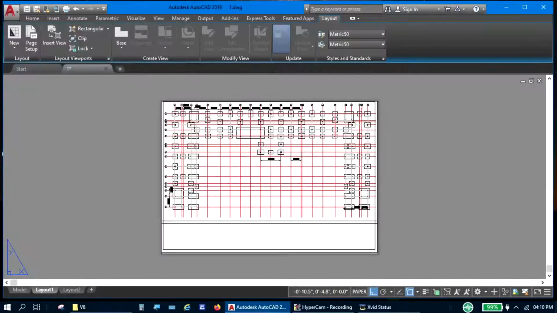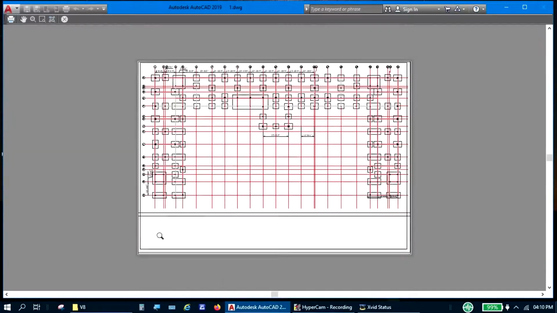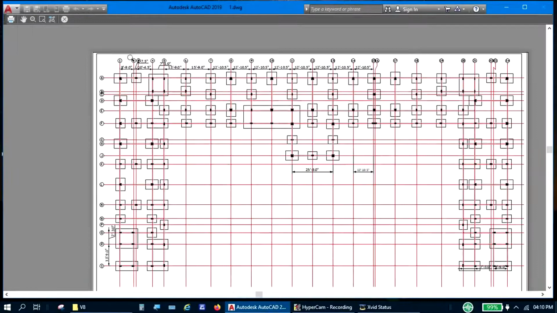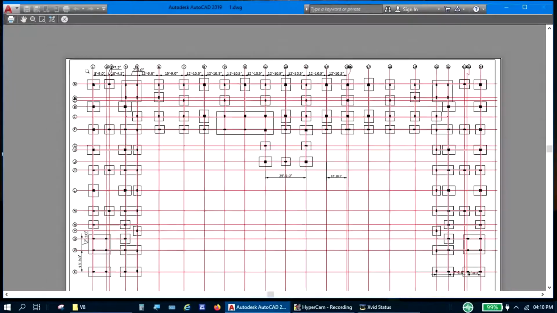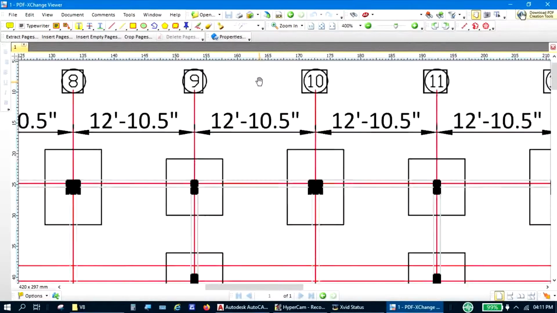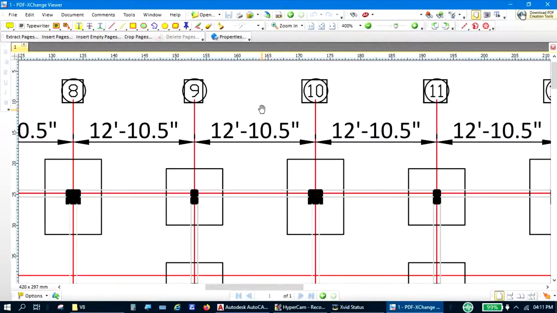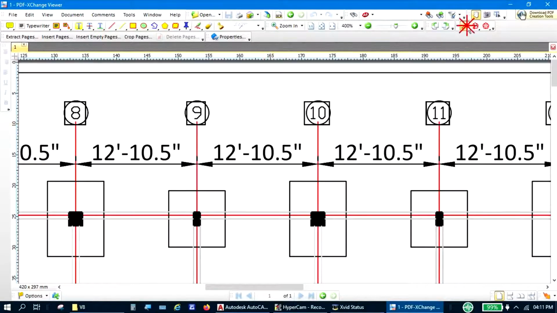Now click on print or Control P. Preview and click on OK for print and save it into PDF. I set the scale of the PDF to 1:200.